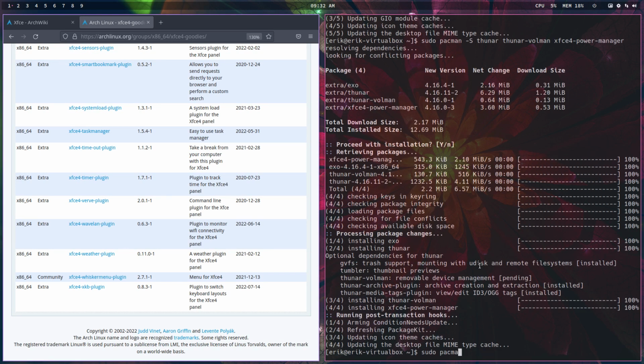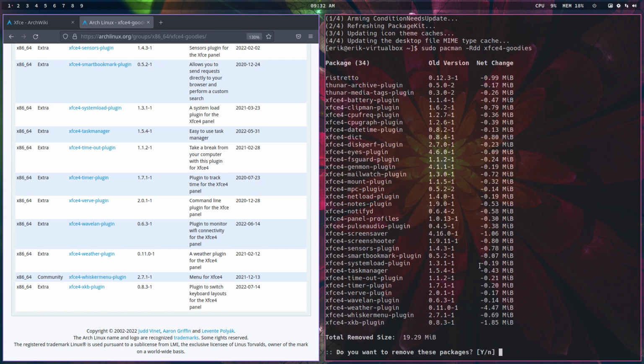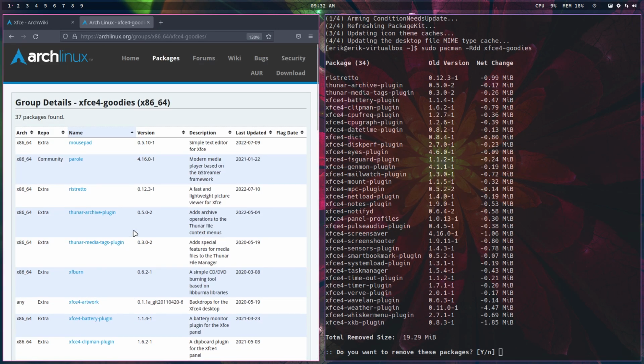So sudo pacman -R Xfce4-goodies, right? And now we look again. So there is the Thunar archive plugin. I kind of like that one. Let's extract there, inside File Manager, right mouse click, extract. All the plugins,